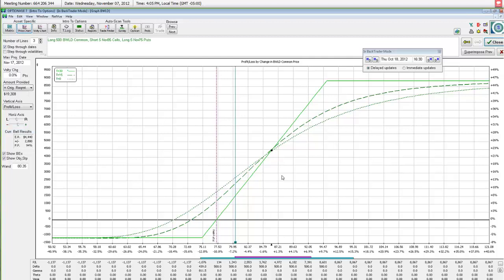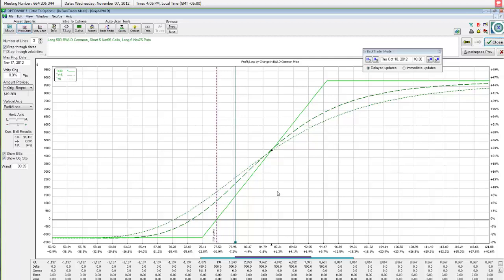I'm going to zoom it out. So you're still up here where you made your profit. You still get to make money. This solid line shows what's going to happen 30 days from now. You still make money if the market goes up, just like if you just own your stock. But most importantly, down here to the left, down at the bottom below this zero line, the maximum you could